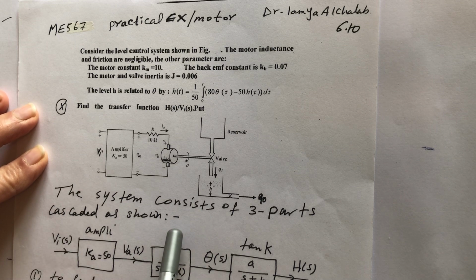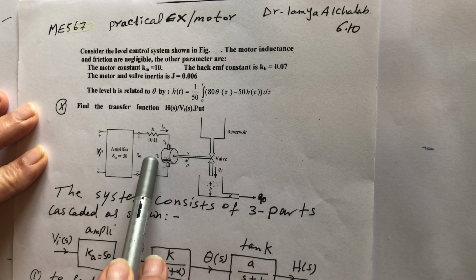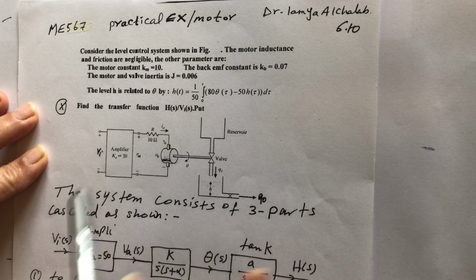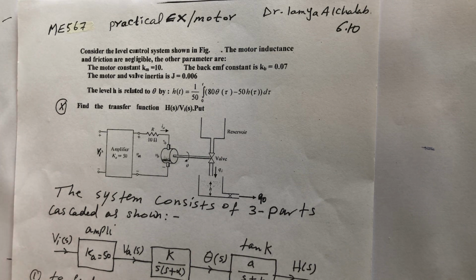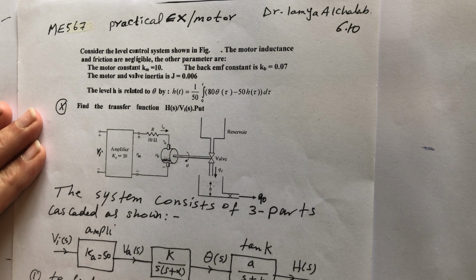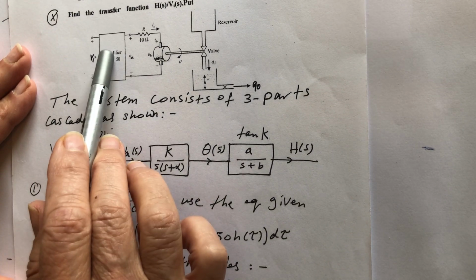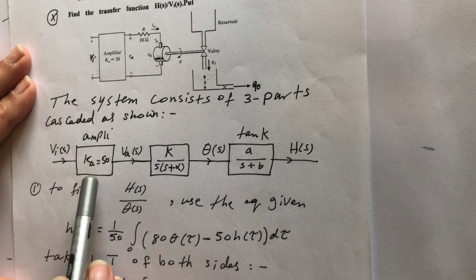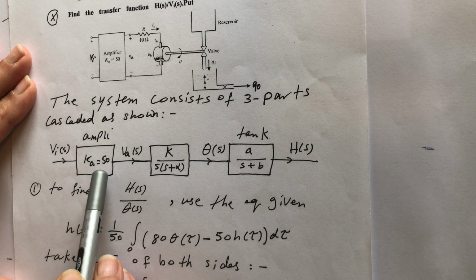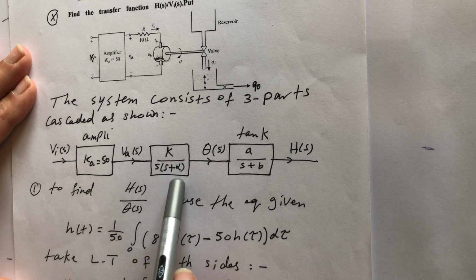If you look at the figure, you will find that we have three components. This is the amplifier, and then the motor, and then the tank with whatever comes with it. So first of all, we can put the block diagram of the system, and you remember that if we have a block diagram of cascaded transfer functions, we can find the total transfer function. So what did I do? This is the amplifier, that's the input Vin of s in Laplace, of course. This is the amplifier transfer function Ka equal 50, it's just a gain. And this is the motor, which we remember, Km over s plus alpha,